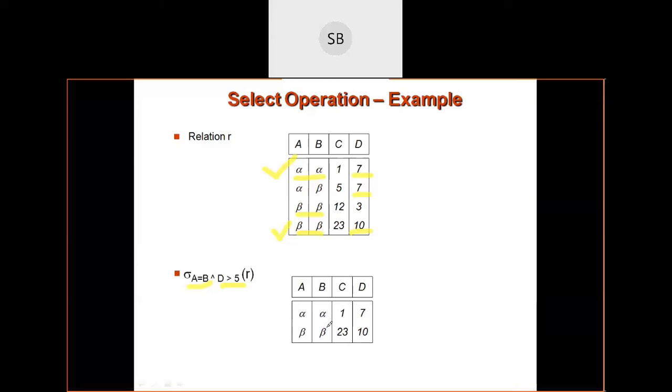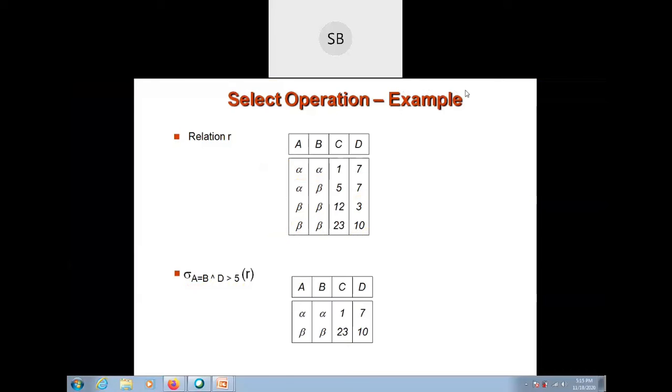So what is the purpose of the select operation? Basically the purpose is to identify the selected tuples which are part of the relation and to extract only those tuples from that relation. Okay, so you have to display the records for the select operation. The next one,